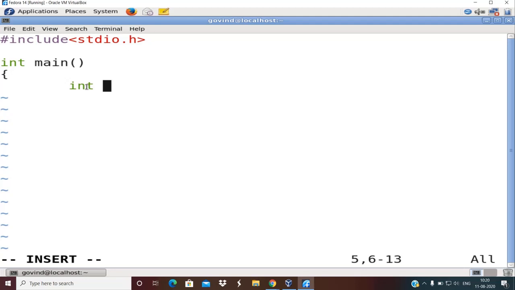So this program definition of addition requires three variables. I'm going to create it right now: a, b, and c. These are referred to as variables in C. Some memory gets allocated whenever you specify it like this, and this line of text is referred to as a declaration.